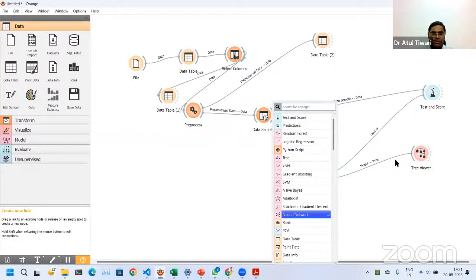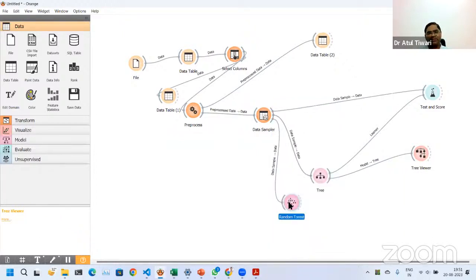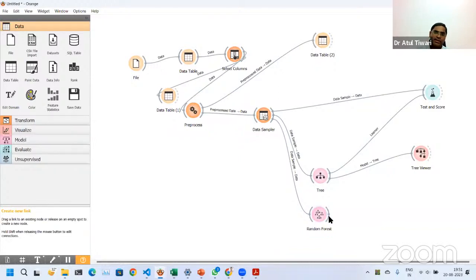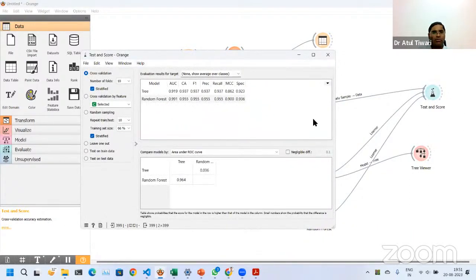That is the most common model that anyone uses in his or her paper. It is known as random forest. So I will simply connect the random forest with the data table, my data sampler. Now I connect the random forest with test and score. It is processing because it is a little bit heavier. It took some time. For random forest, my accuracy has increased to 95.5%. That's why it is a favorite